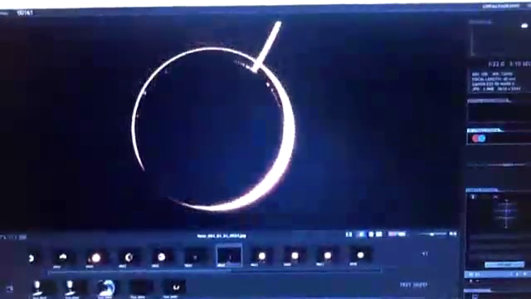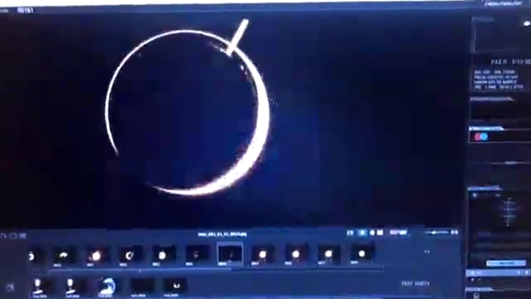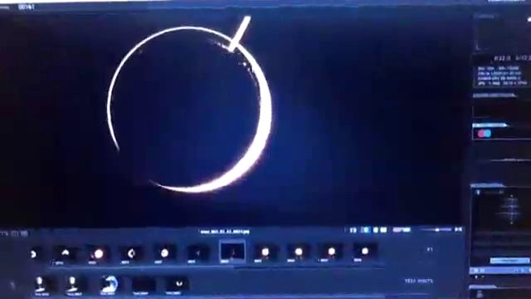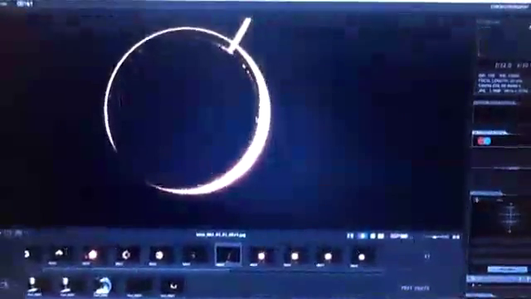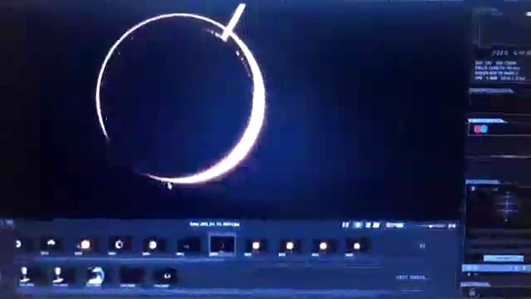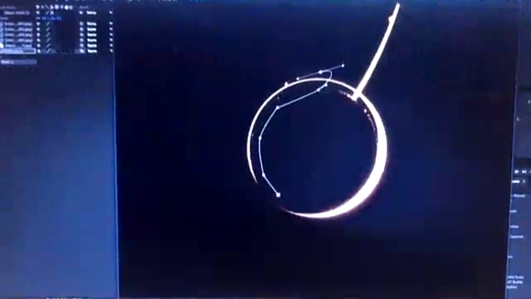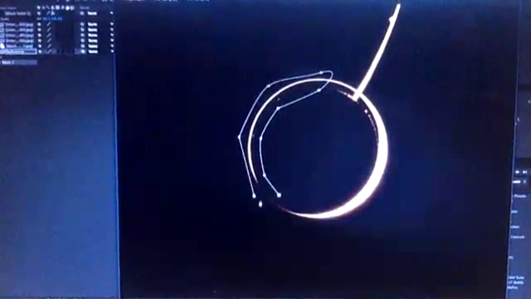We used this section and we duplicated it. Looking at the reference from Interstellar, it was a very crisp, thin inner circle, and this crescent moon area right here wouldn't match what we were going for. So you can see that's a pretty thin inner ring here. I made a mask, masked out this area, duplicated it,